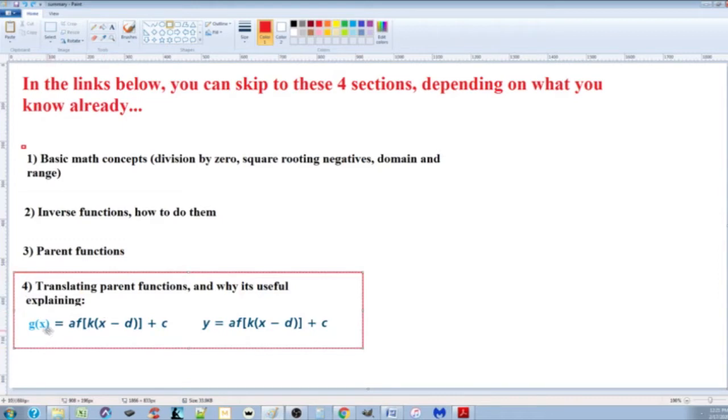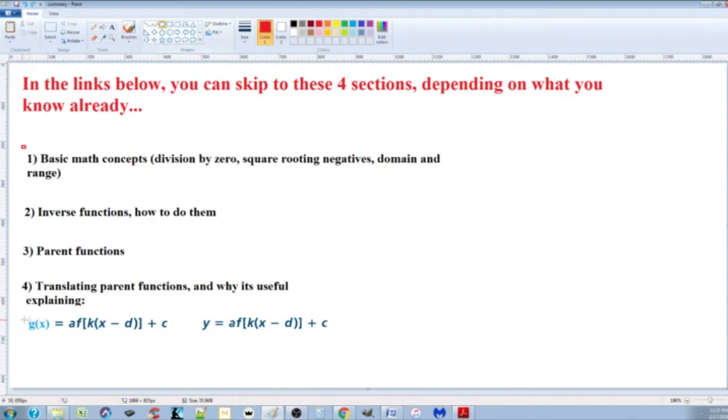useful to explain this crazy thing that they phrase out, which just makes life complicated in my opinion, which is they phrase it in this way or possibly this way, and it just looks messy and awful. Believe it or not, it's very simple. They just make it hard. And why they phrase it like this in terms of functions is, what this means is the new function, or g of x, is a translation of the parent function or the basic function, and it gets translated in various